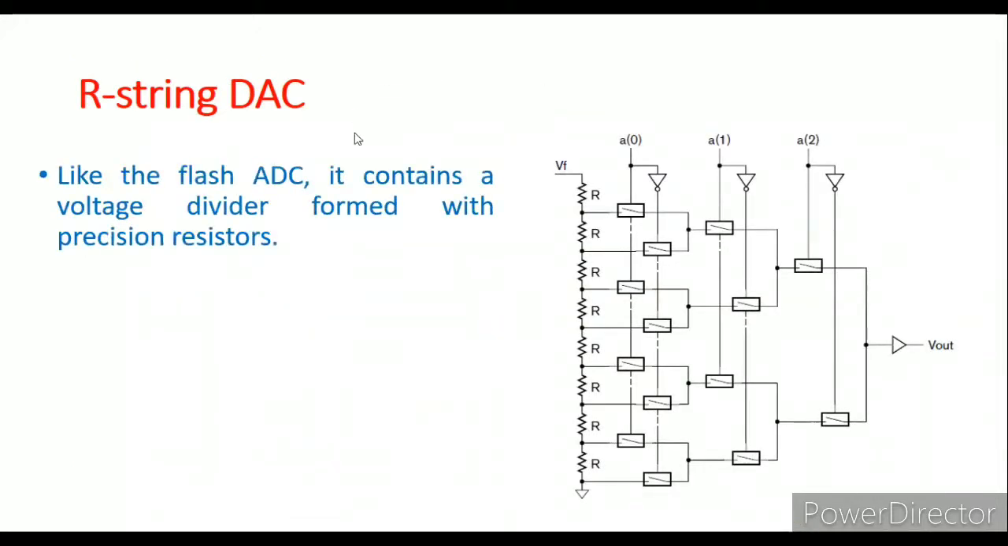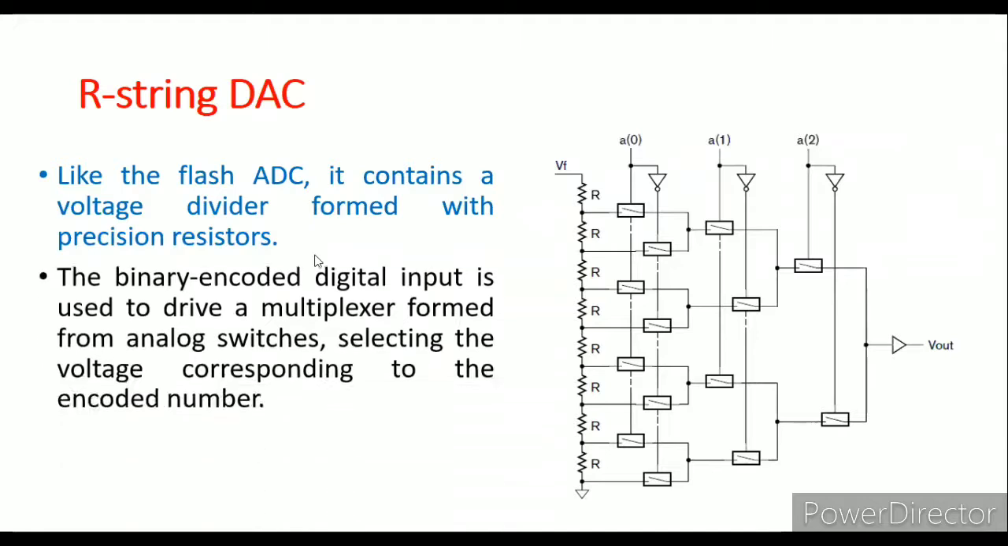So what happens here? Like the flash ADC, it contains a voltage divider formed with the precision resistor, as I explained right now here. This binary encoded digital input is used to drive a multiplexer. These are the multiplexers we have, the switches formed from the analog switch, selecting the voltage corresponding to the encoded number. So whichever the encoded number is, it selects that particular voltage and passes it out to